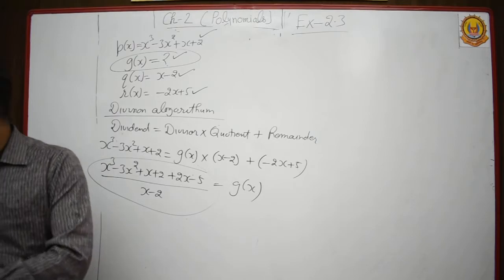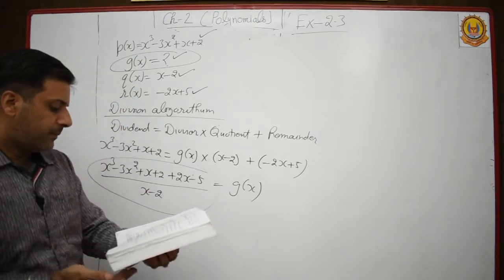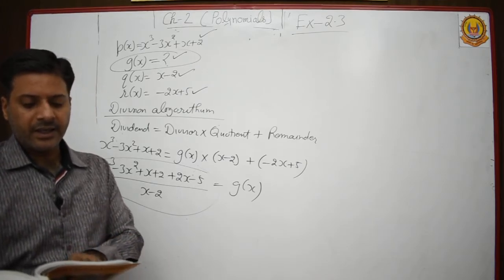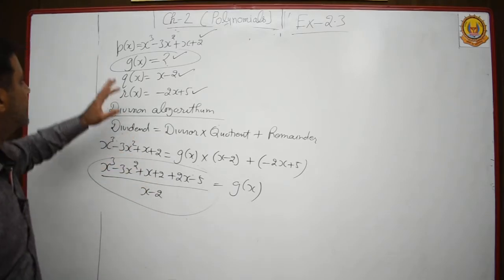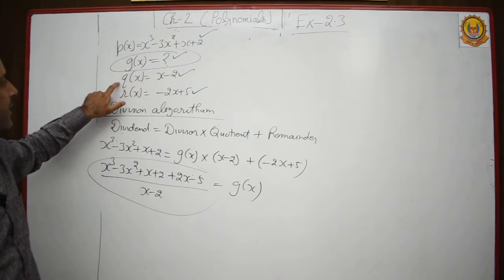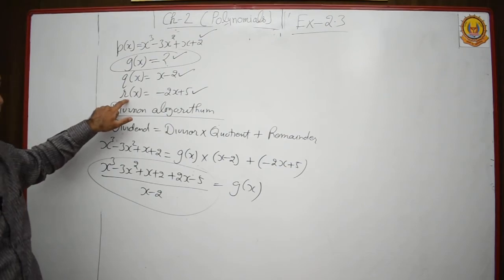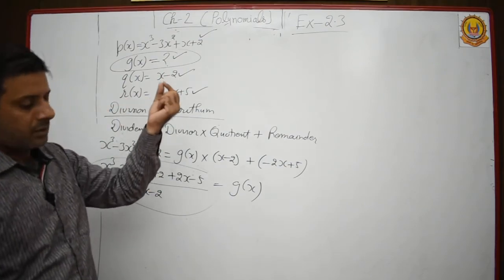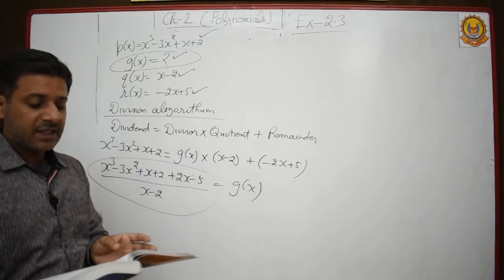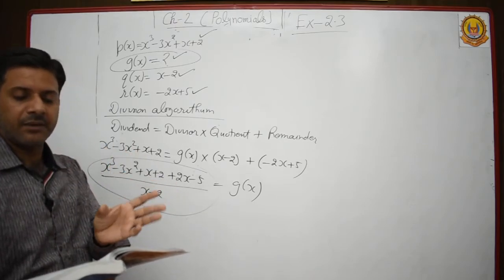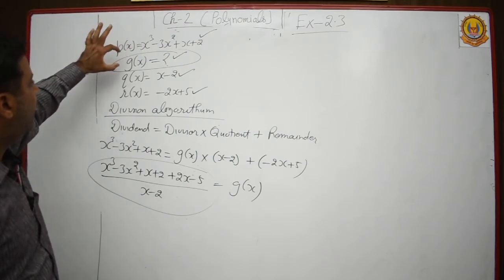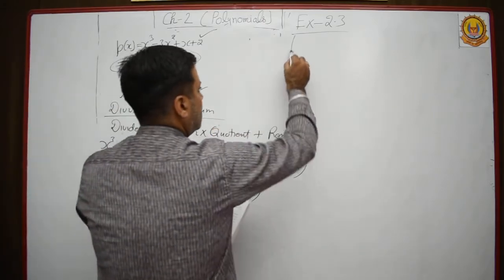Clear? And in question number 5, here give examples of polynomials p of x, g of x, q of x and r of x, which satisfy the division algorithm, and degree of p of x equal to degree of q of x. So it means these are the symbols. P of x is the symbol of dividend, g of x the symbol of divisor, q of x the symbol of quotient and r of x the symbol of remainder. Okay? So you have to take any values of dividend and divisor such that they satisfy the given condition. For example, degree of p of x equal to degree of q of x. So it means you have to take an example in which the degree of dividend and quotient should be equal. So I am taking